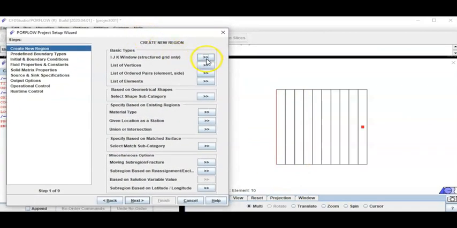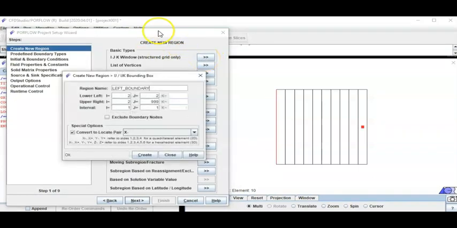Now click this option again. So we have some more regions to create. So click on the IJK structured grid option. Change the name to right boundary and change the lower left I to 999, the upper right I to 999, and from convert to locate pair, select the option X plus. Now click on create. So you can see the boundary here has been colored in light blue, and this boundary